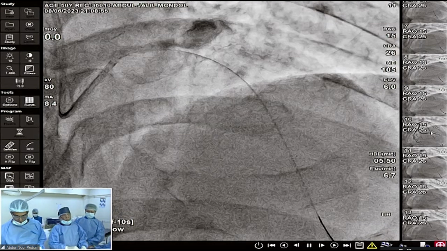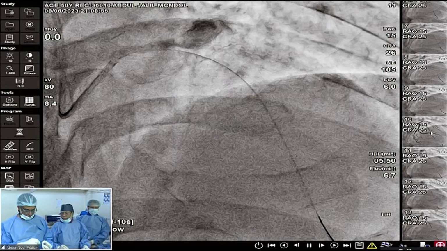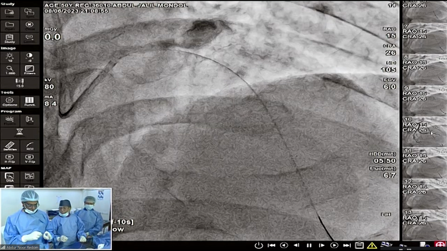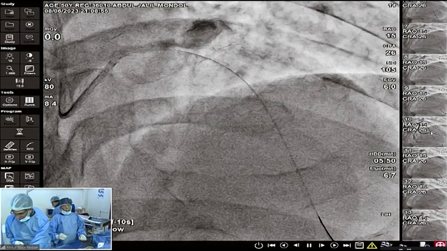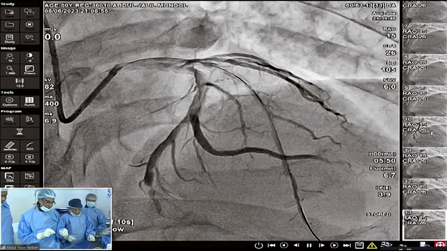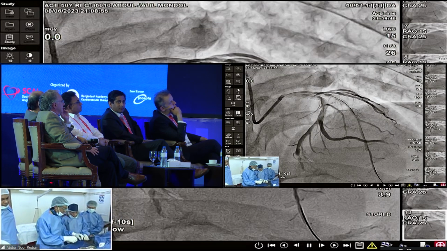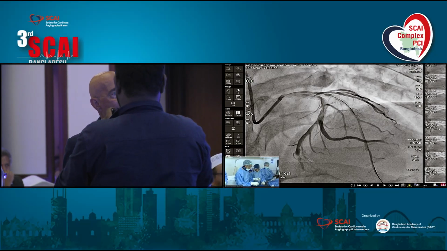Sivan, what is your opinion, please? Regarding the diagonal, would you like to protect it? Because our Dr. Dattu is concerned about the diagonal. It looks like 2, but I think after 5 minutes it will become 2.5 or even 2.75. Yes, for that reason we are going to save the diagonal, and we are going with another floppy wire to the diagonal.